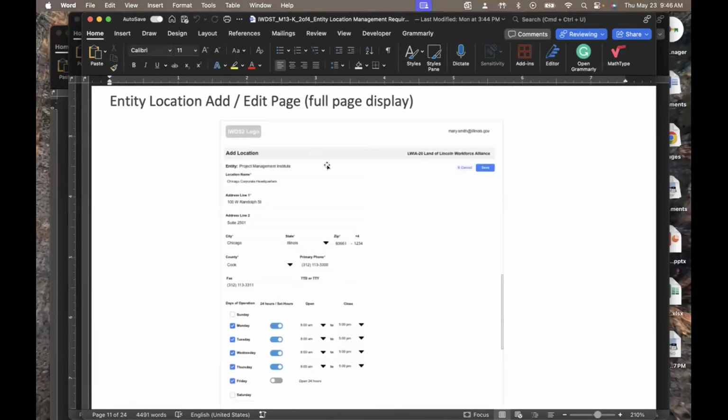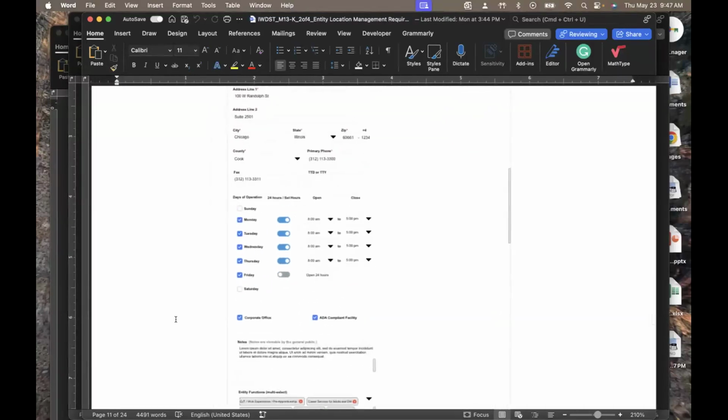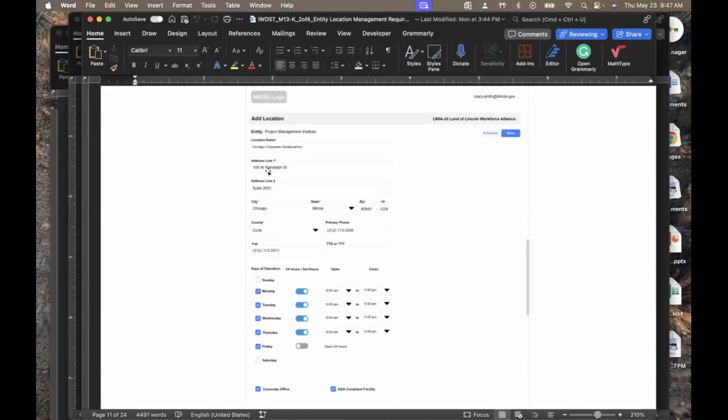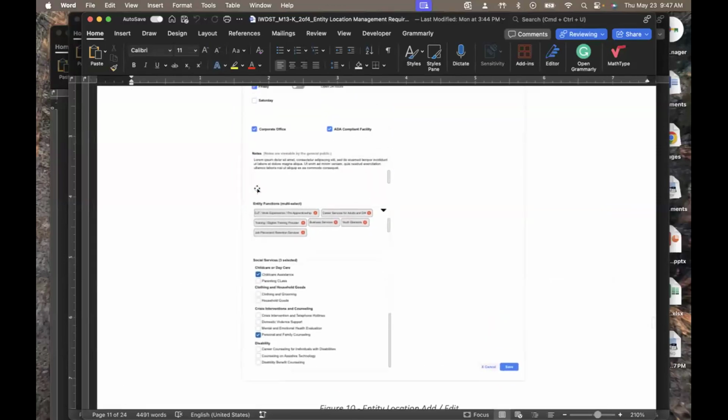Then this is adding, of course, a new location. All those fields are editable. This is that section where we can set up the hours of operation. This is not mandatory. A lot of these with the asterisk are mandatory or required. And then here's how we set up